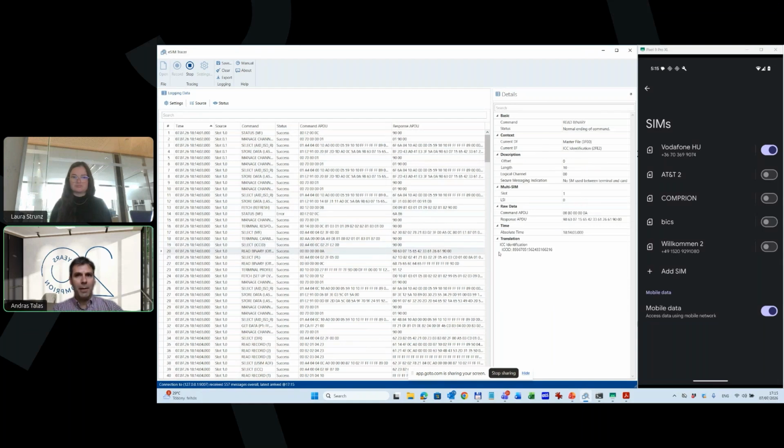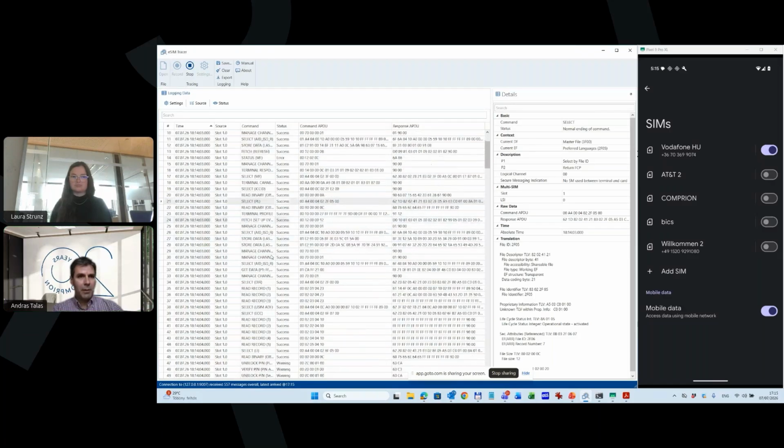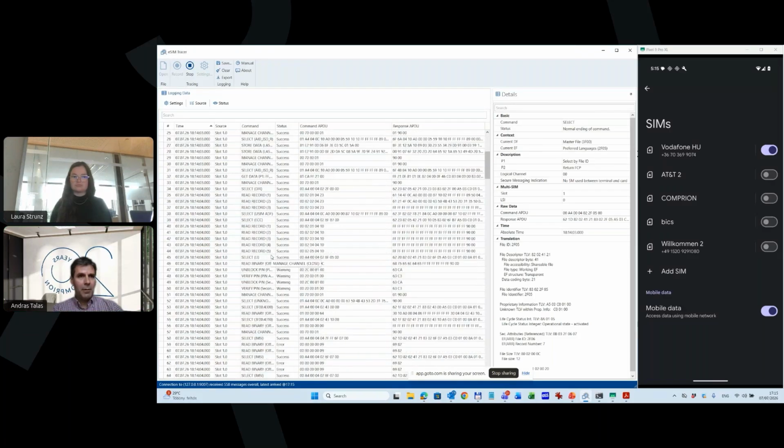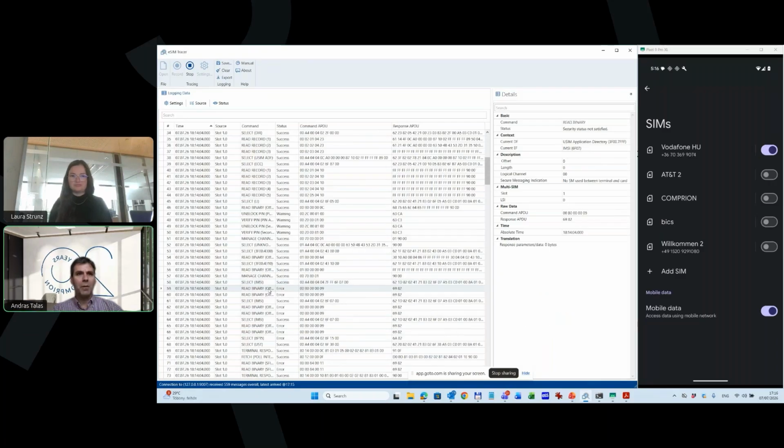You can see here the ICC-ID, the preferred language, and if I scroll down, we can see here the selection of the IMSI, but the reading of the IMSI fails because the PIN has not been verified yet. Let me see the verify PIN